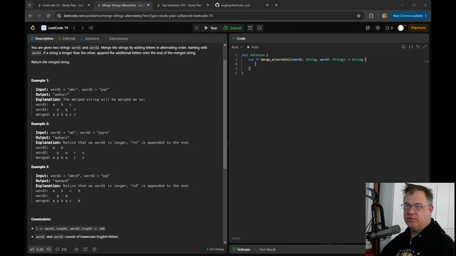So what we're doing here is we're saying, okay, we turn our word 1 and word 2 into character iterators. The two words we're going to be cycling between are words here. So we create an array, a two-dimensional array of that.